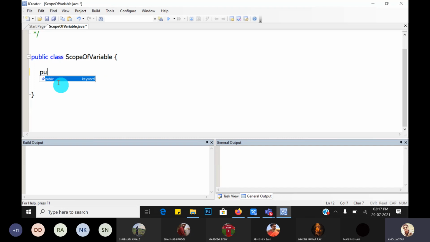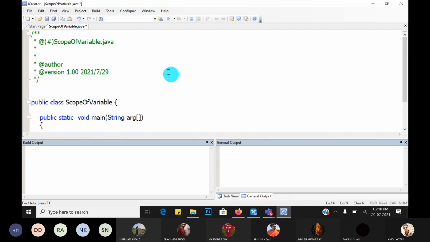So the main method is public static void main, and pass the argument as a String args. You can write anything, args or just arg. Args means arguments, an array of arguments, and give the subscript operator. Okay, so this is the main method.